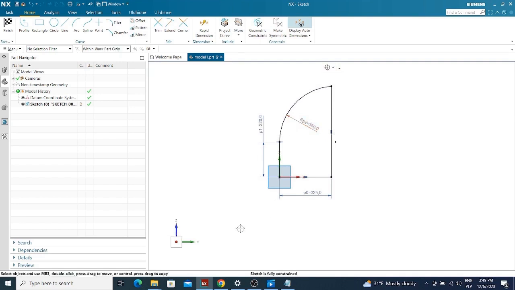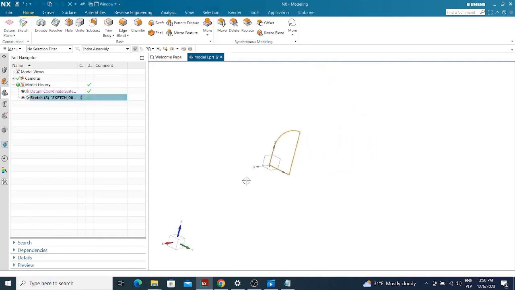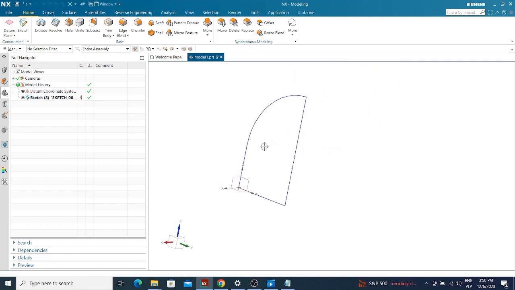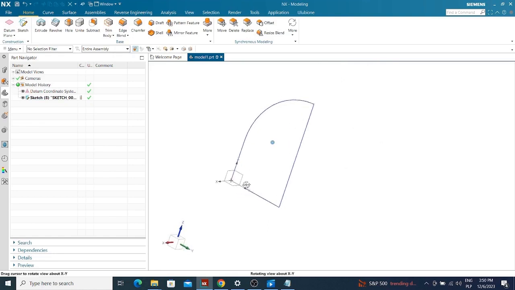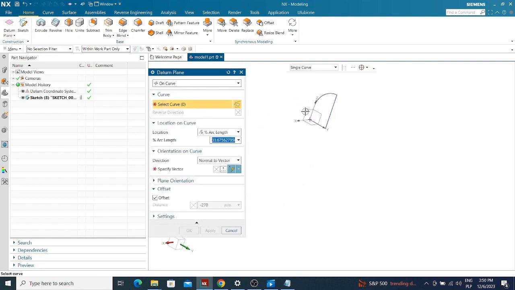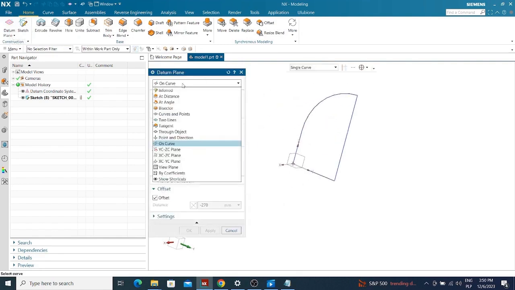I press Enter, and now we see here a message that tells us there are no more dimensions left to dimension, and we can safely close the sketch and start working on it. I can close the sketch here. Now let's say I want to create another sketch, but maybe on a different plane, for example. To make a sketch on a plane, I don't need to use coordinate systems at all. I can, for example, choose a datum plane, which is simply an auxiliary plane, and here I have many different